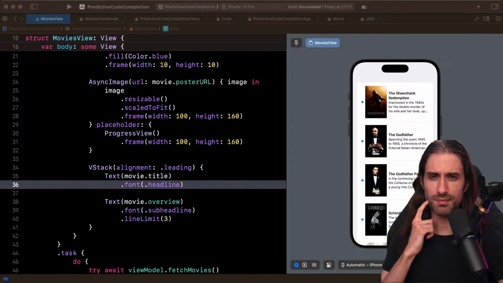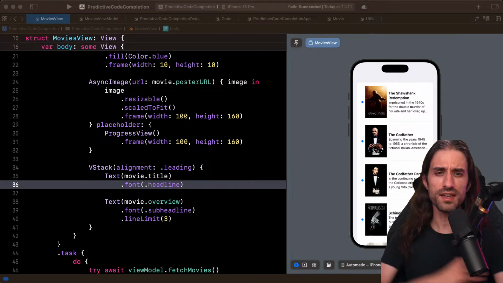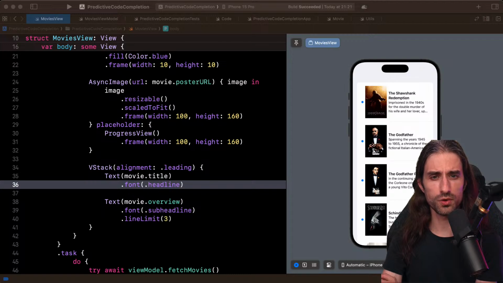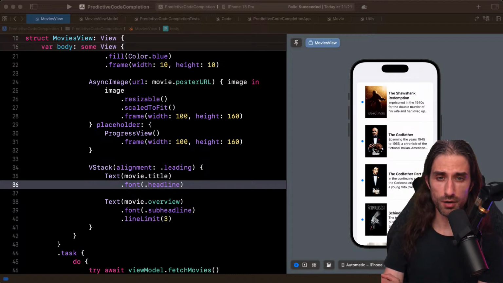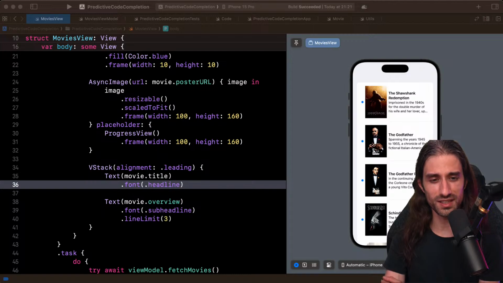I'm looking at the time. We've been together for almost an hour and a half. I think I've covered most of what I wanted to show you, even a bit more, because we did see some Swift testing actually, but I will show you Swift testing in more detail later down the summer.